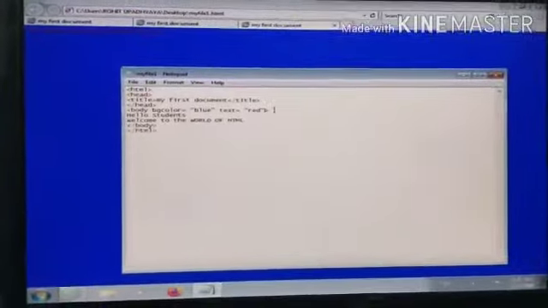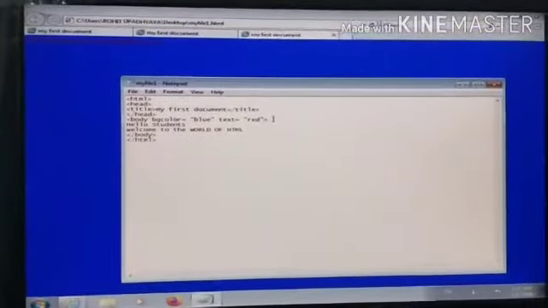You can see the color applied to the text. To apply the text color, we have to use the text attribute of the body tag.